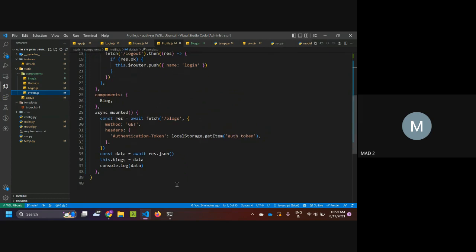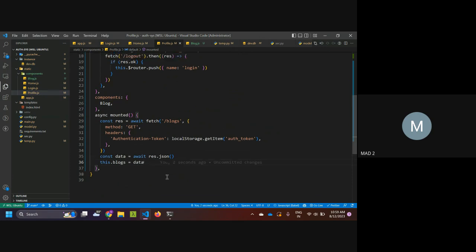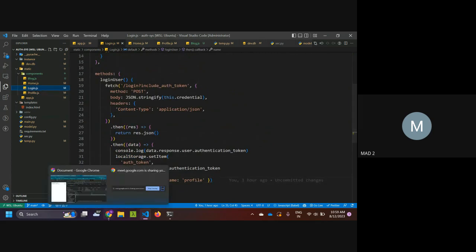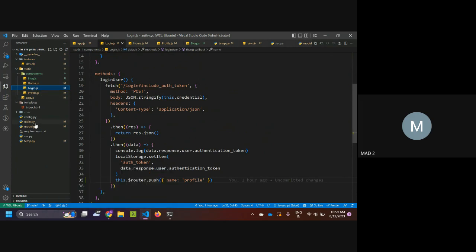So now, inside the profile, I wanted to show how to make a POST request. You have already seen a POST request in login.js, how to make a POST request. But I wanted to make another one. For that, I'll have to make a